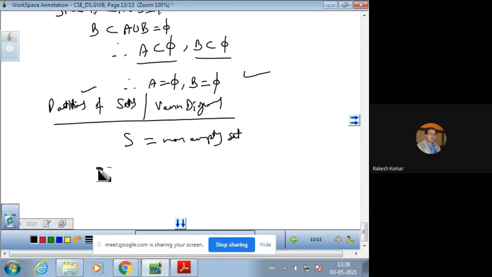A partition P of this set S is a finite collection, and the finite collection is A_j, j equal to 1 to n, of non-empty subsets. You can simply write down